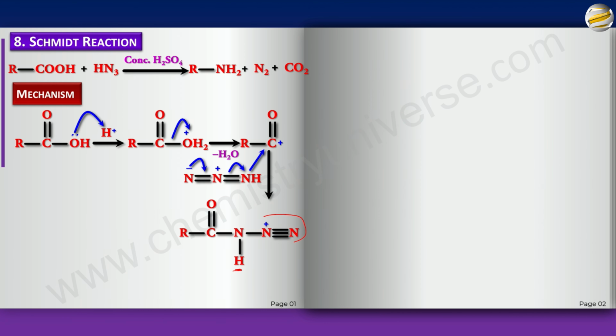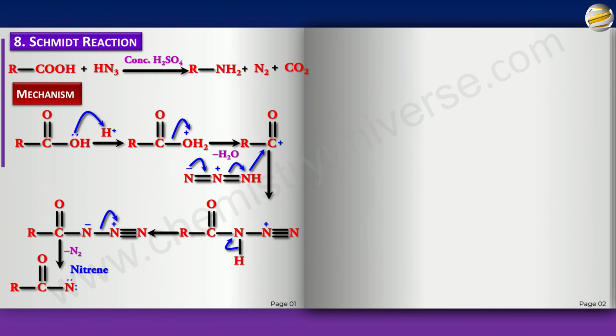On top of that, you also have a good leaving group. Whenever the nitrogen, or for that matter even carbon, has an acidic H and a good leaving group attached, first it will lose the H plus. Remember, it is catalyzed by sulfuric acid, so it took the H plus in the beginning and now it gave back the H plus. You get this, and the negative charge comes on N because it is stable. But now look what happens. This bond breaks and the leaving group leaves, leaving you with a nitrene.